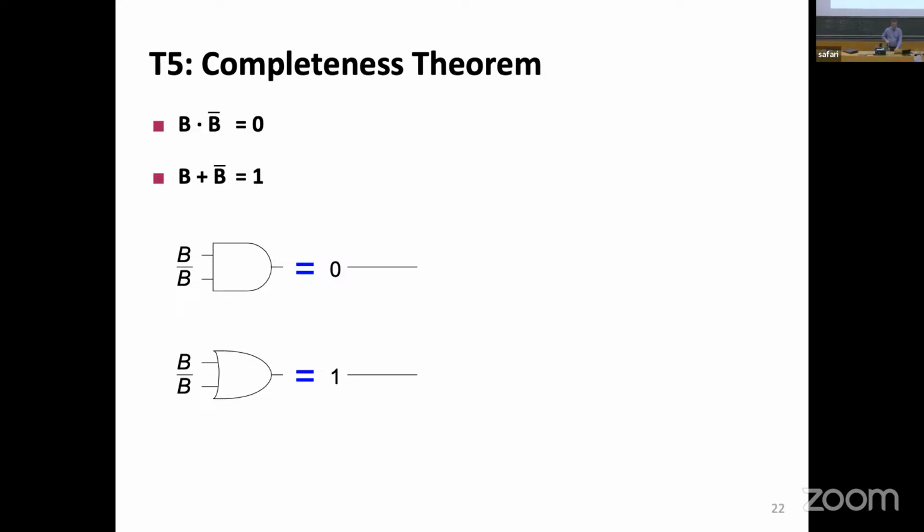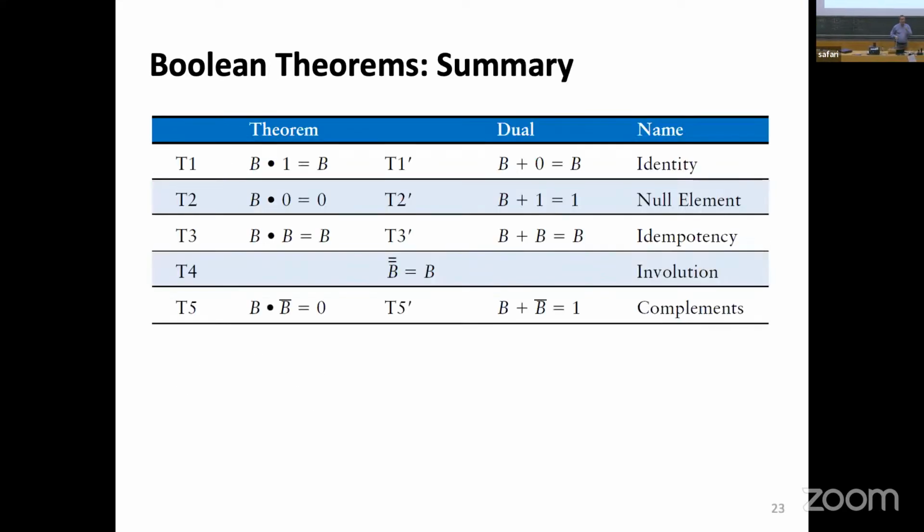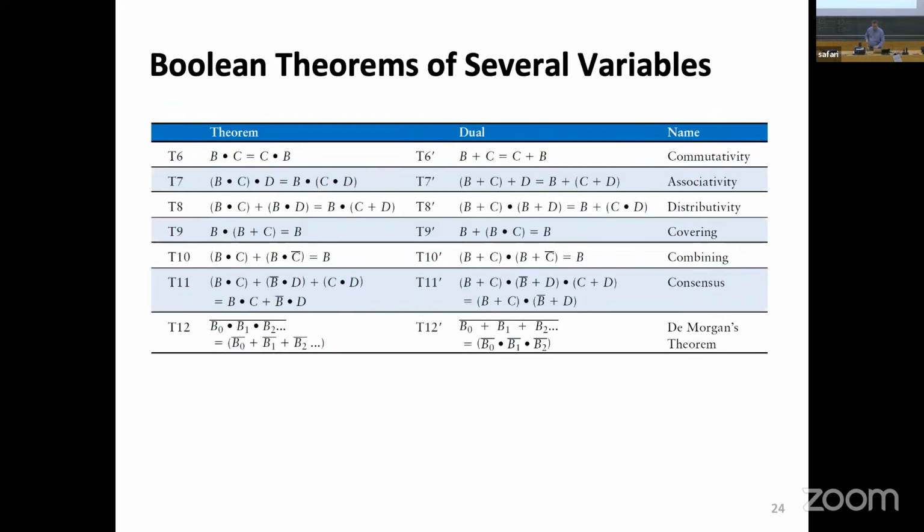Technology. So this is a summary of the entire thing. Now we can have Boolean theorems. We can expand them to several variables. And then things get a little bit more complicated. We go up to theorem 12. I'm not going to talk so much about it,